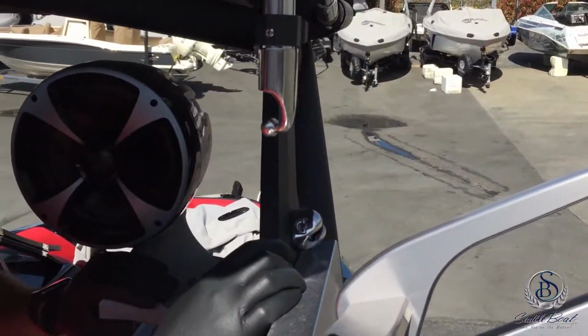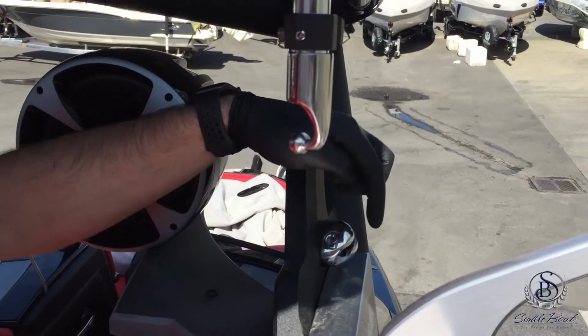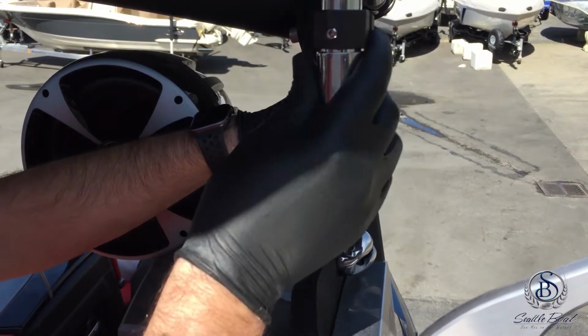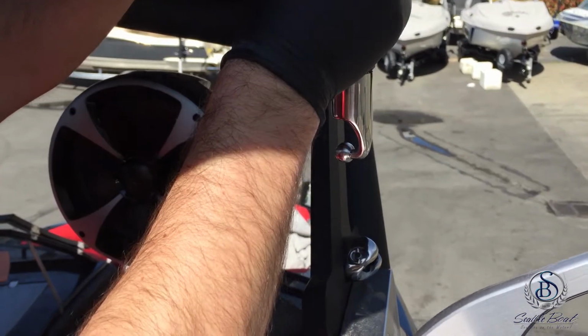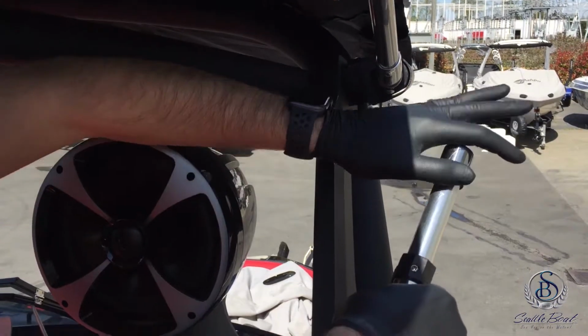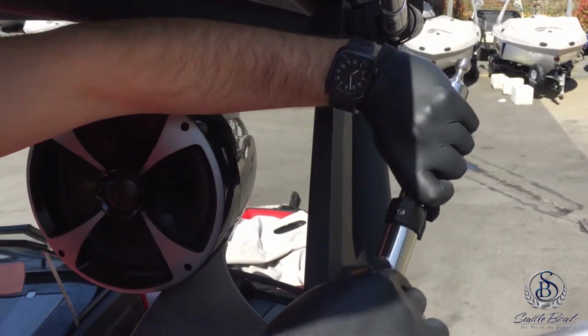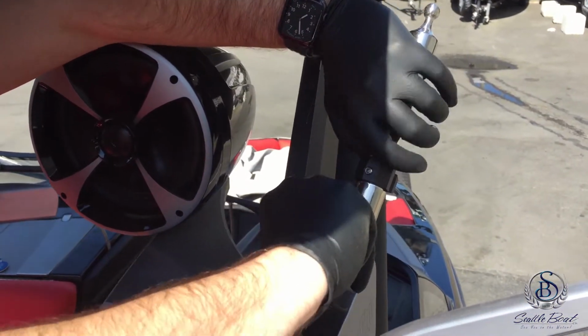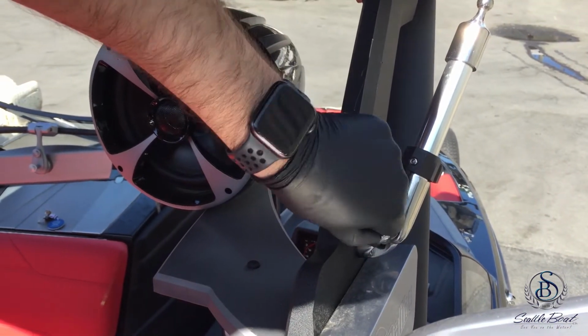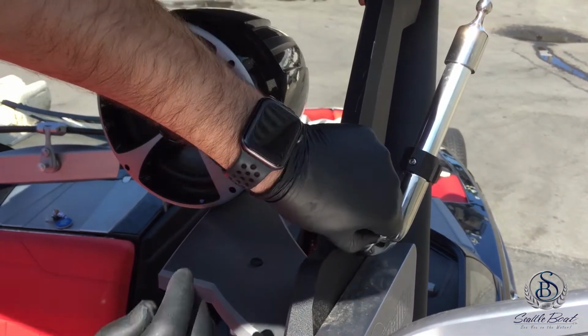The L-shaped end of the bracket is going to insert onto the side of the tower. Sometimes it can be a little tricky leaving this in place. Sometimes it's best to actually remove it from the Bimini, slide it in from the bottom side, just like so. And then you can grab your little tab right here and give it a little twist. And that'll lock things